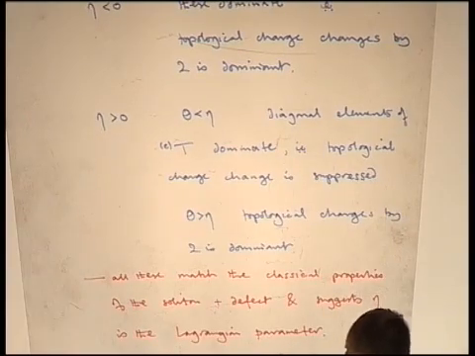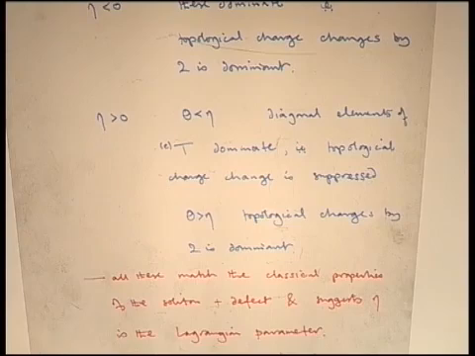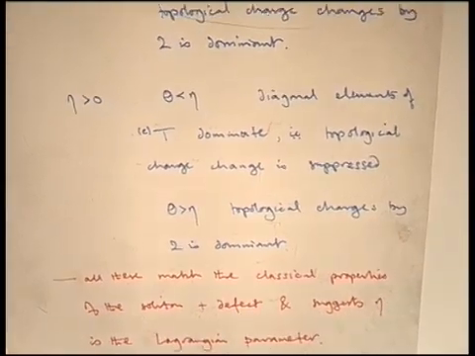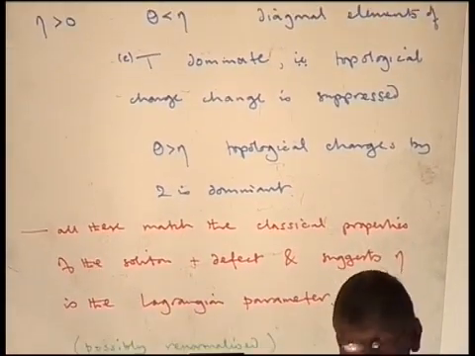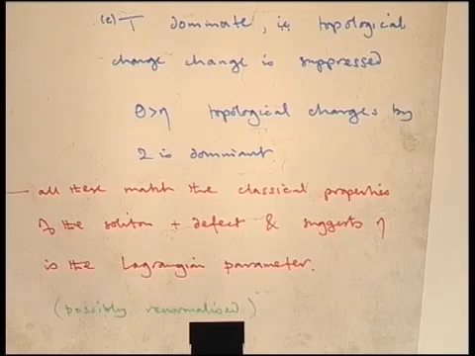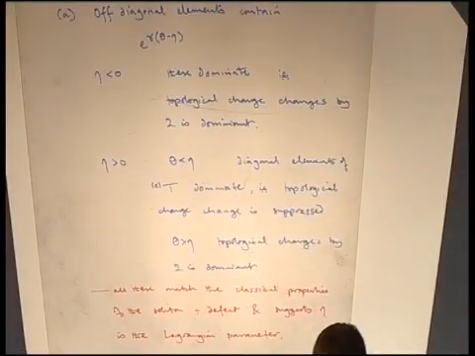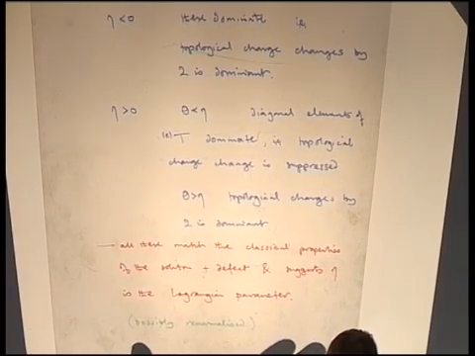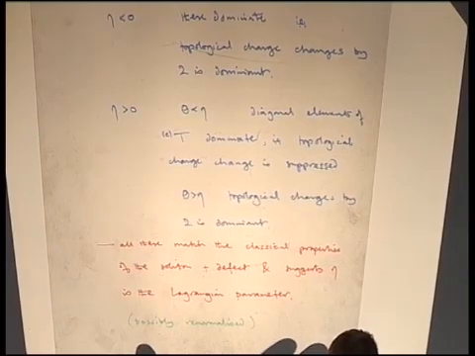But on the other hand, when eta is greater than 0, but theta is less than eta, then the diagonal elements still dominate. But if theta is greater than eta, the off-diagonal elements dominate. And again, that fits with the classical sort of picture. It doesn't tell you that eta is exactly the classical parameter, but it tells you that the shape is perfectly consistent with what we would have expected on the basis of our classical arguments.